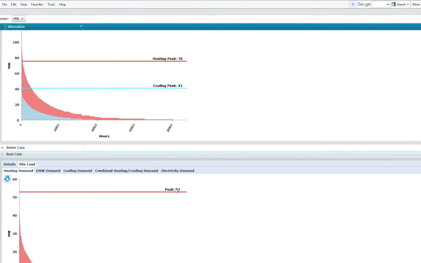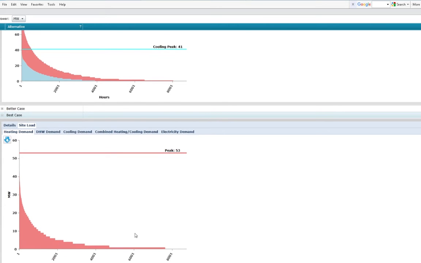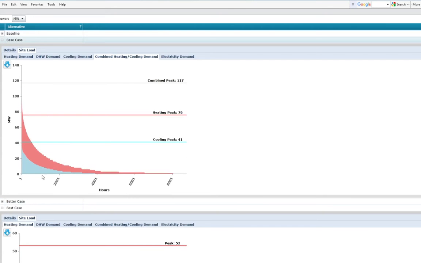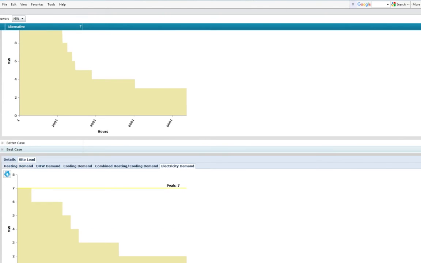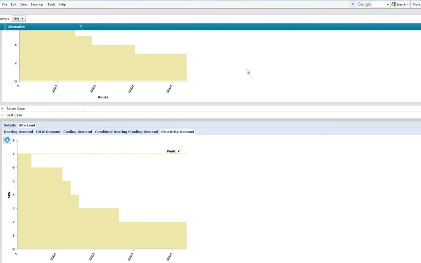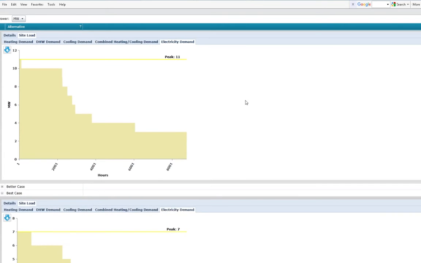We're buying less capacity and still running it. We're not seeing huge, nice, large fractions of full load hours there. But this gives you an idea of what your demand looks like, and then you can compare it between the different cases. This case we see 11 versus 7,